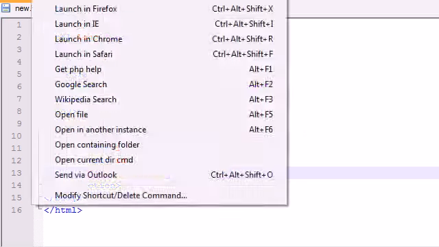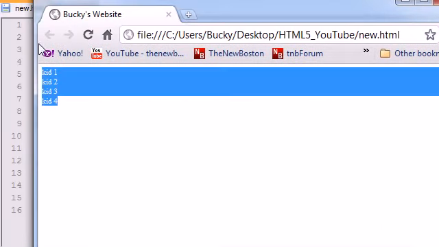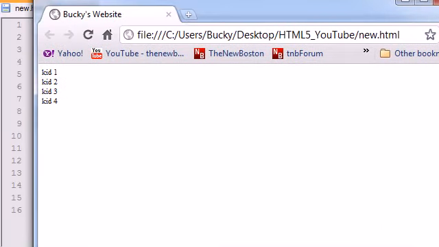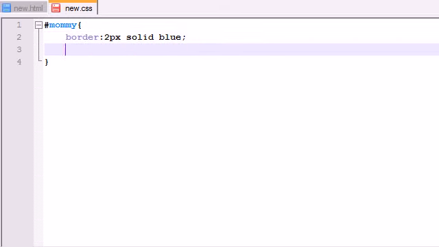If we go ahead and save this and look at it in Chrome, we can see that we have four kids lined up one underneath each other. So we need to go ahead and change the styling immediately because that looks horrendously bad. The very first thing I want to do in our mommy is add, just to make it look pretty, this isn't really the tutorial at all, a border of 2 pixels solid blue, and under this I'm going to display